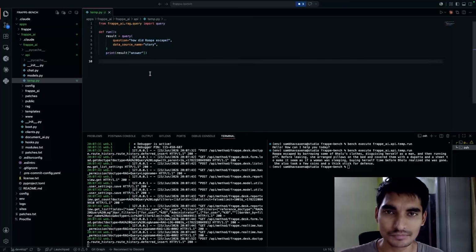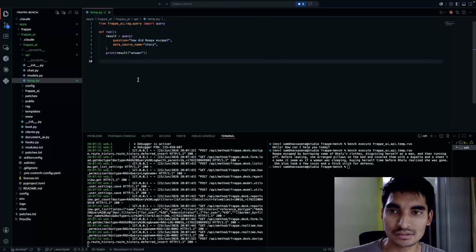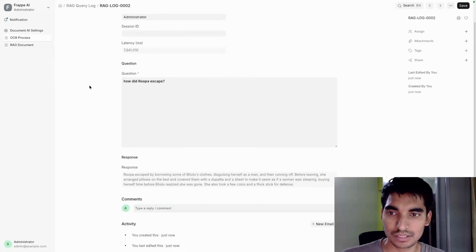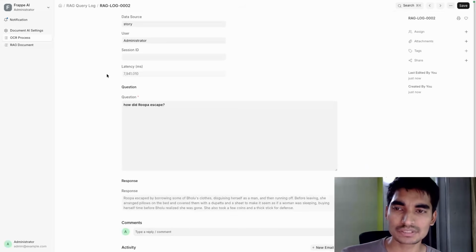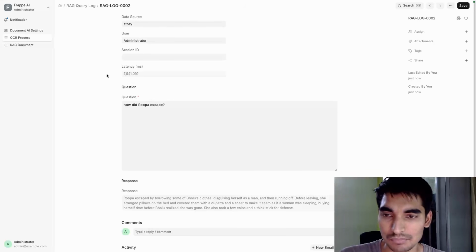It's really accurate at giving answers when you have the indexes correctly prepared, and the latency is not that good because we are obviously querying the database first, and then we are sending that as context to our LLM, and that is where the latency adds up.